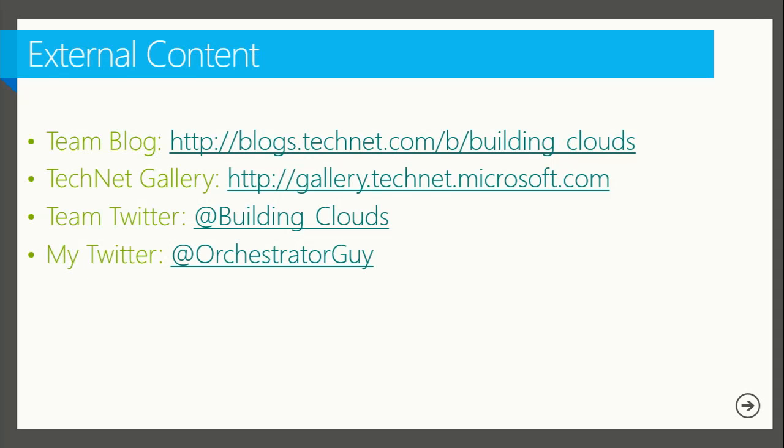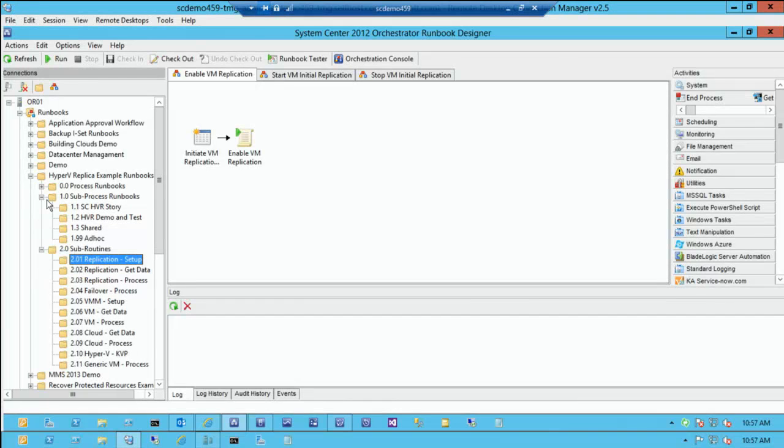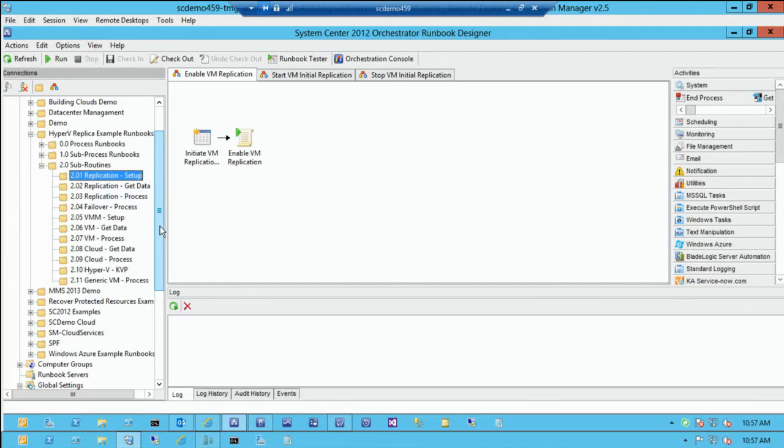So what I'm going to do next, right now, actually, is dive into some of the behind-the-scenes stuff. I mean, you saw a whole bunch of high-level, it's doing something, but let's show you actually what it is doing. So we took a good, solid look at process and sub-process stuff, and even some sub-routine stuff in a different project that I leveraged for Service Manager. But what do you get if you download the stuff from that blog post? 56 runbooks. What's in those 56 runbooks? Well, I didn't stop at this is specific for the solution. I said